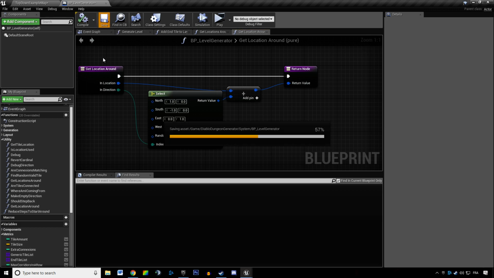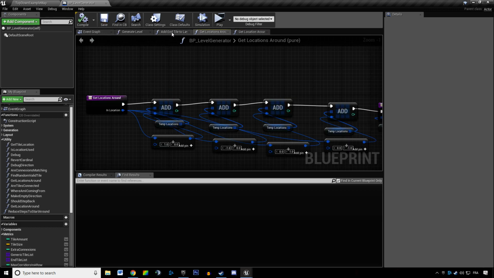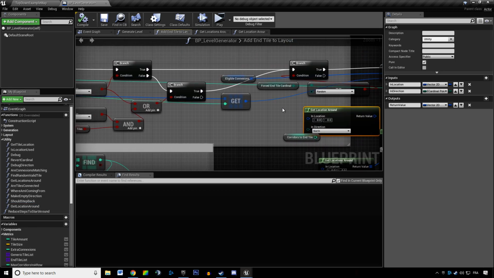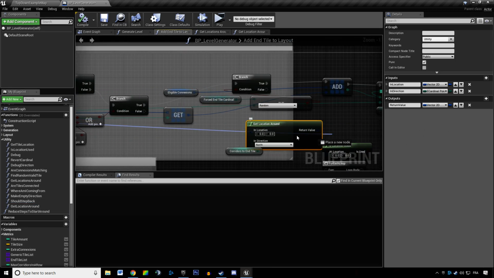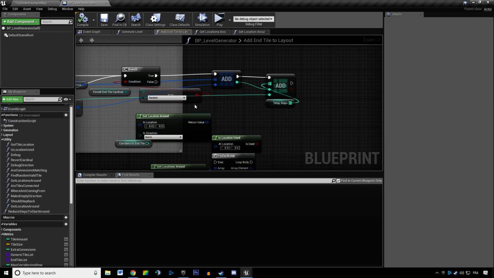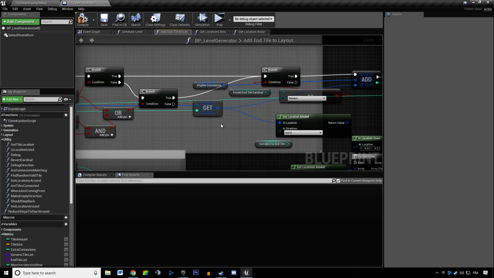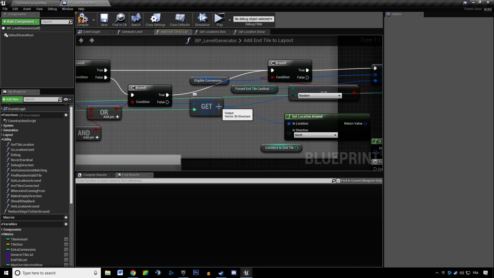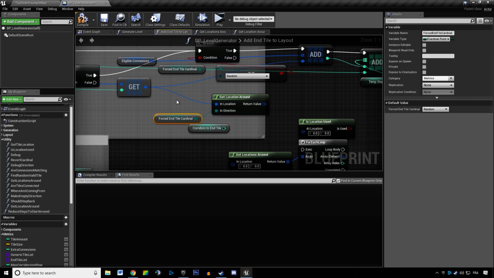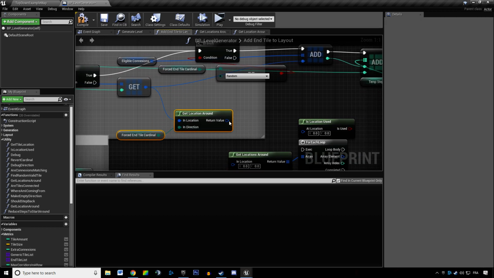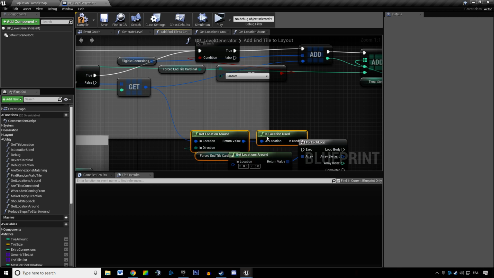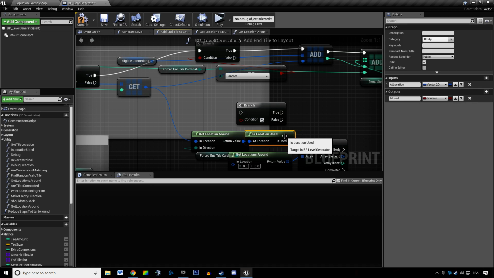So we're getting one location around. So we actually want to get the location around that point. Oh, it's not returning a location? No, it's not. We need to get that. This is the location we are looping through. We want to get that. We want to ask if the location is used. If the location is not used,